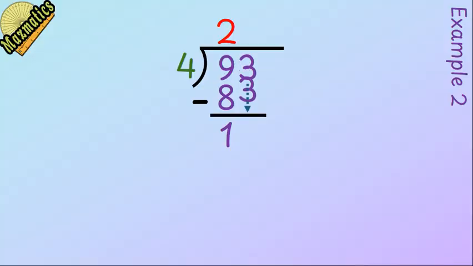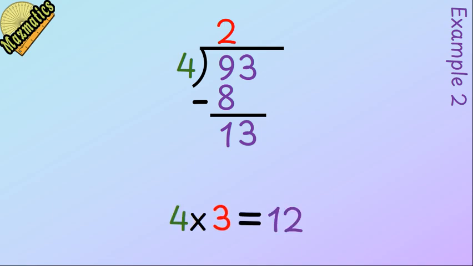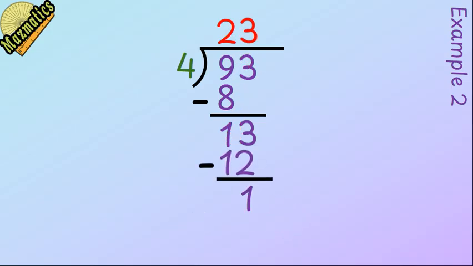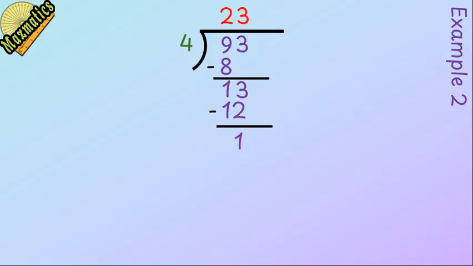Bring the second digit down. Our new remainder becomes 13. 4 times what number gives 13? 4 times 3 is 12. Write 3 on the roof and write 12 below our new remainder. 13 minus 12 is 1. We see that the remainder is not 0, which means that our division process is not complete. We want a decimal answer, not a remainder. Here is the magic trick. We can put a decimal point in the quotient and a 0 next to the remainder. Now remainder becomes 10. How many 4s will it take to make 10 or almost 10? Well, it's easy. 4 times 2 is 8.